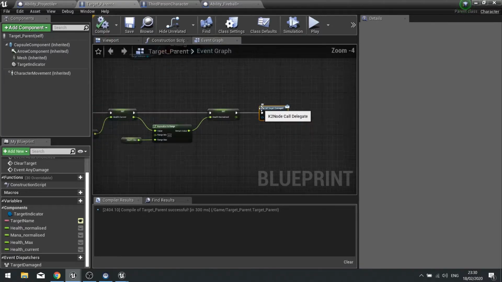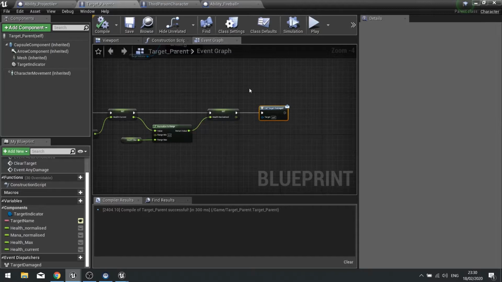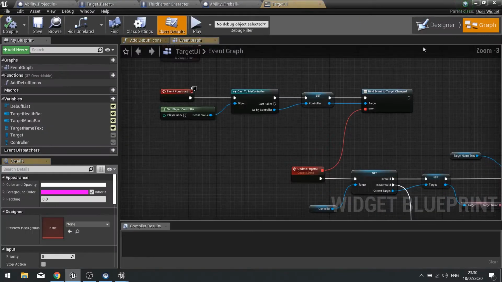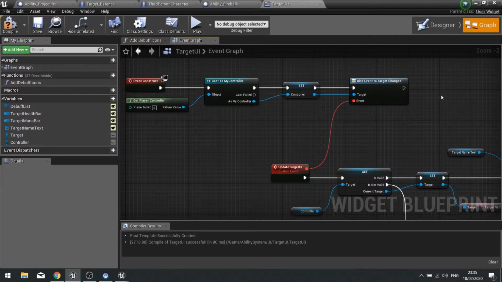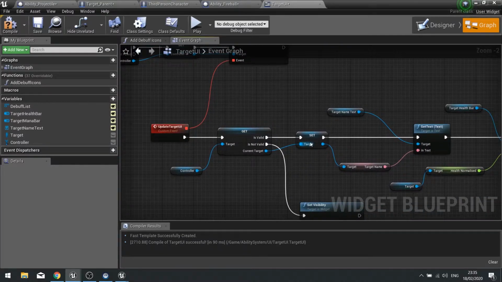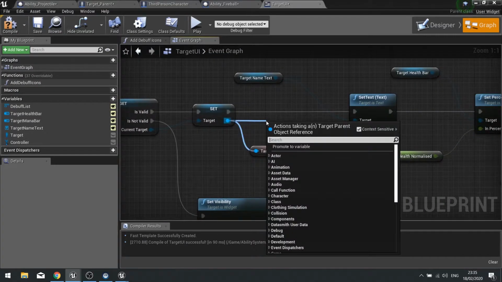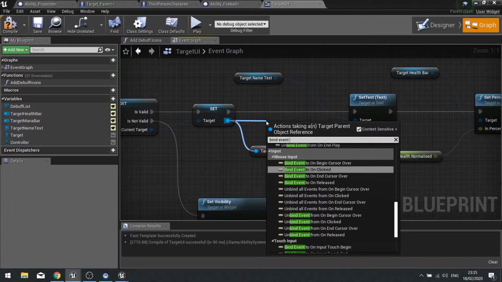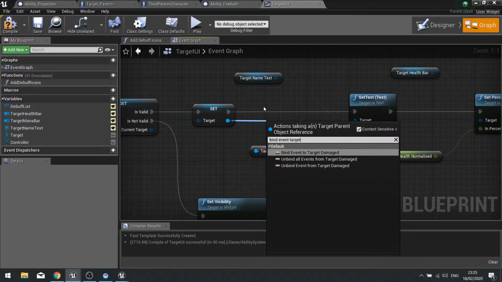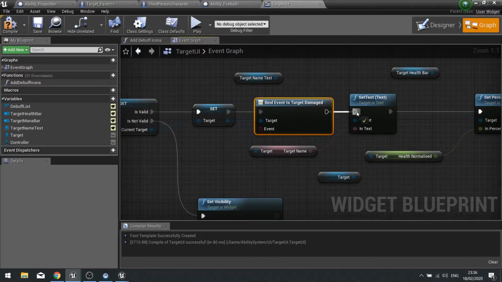So with that done, we're going to then head over to our target UI. So let's go and find our target UI and go to the graph. In the graph, we're going to go to where we have update target UI, and this is where we get the target and setting the target. After we set the target, we're going to drag out and bind that event of target damaged, and we're going to insert that in there.